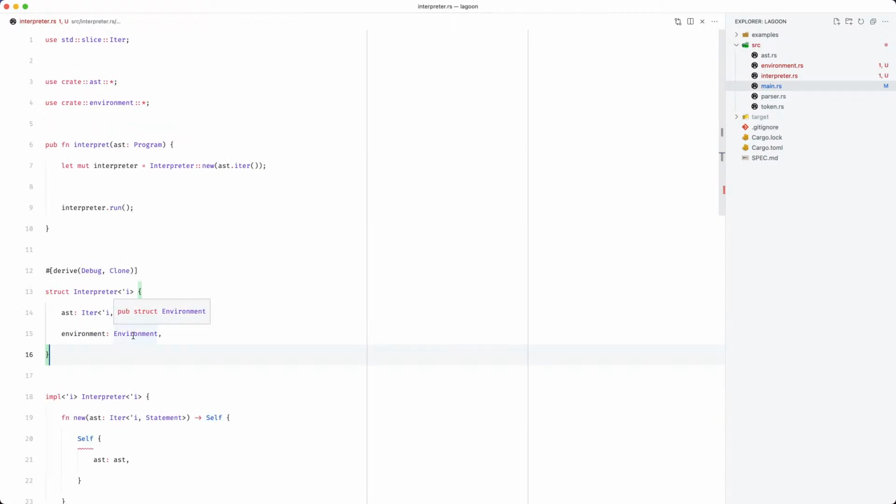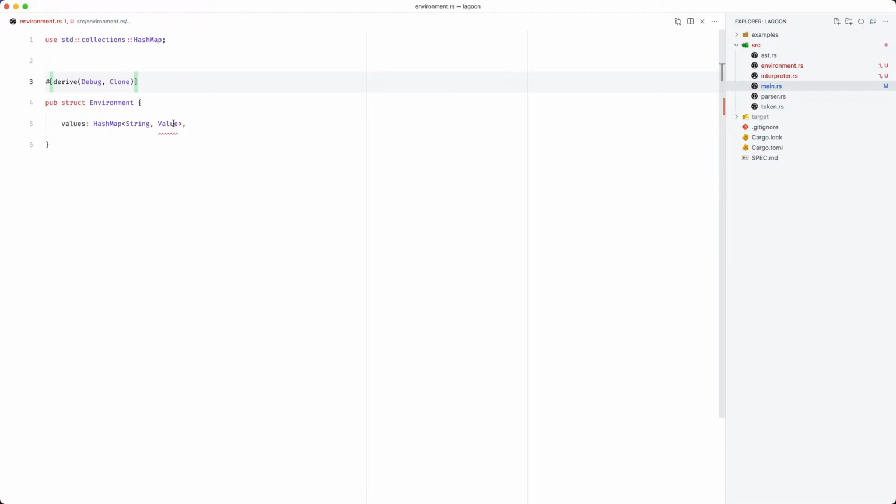So we've got an environment, and we also need to know what a value is. So right now we've got a handful of different values. So we've got strings, we've got numbers, we've got bools or booleans, we've got closures, and technically functions, although functions are going to be constants.